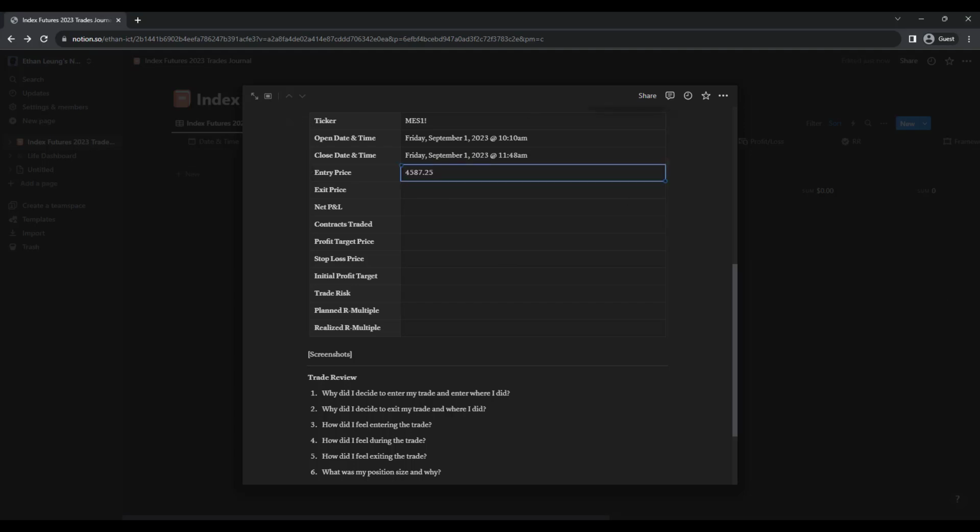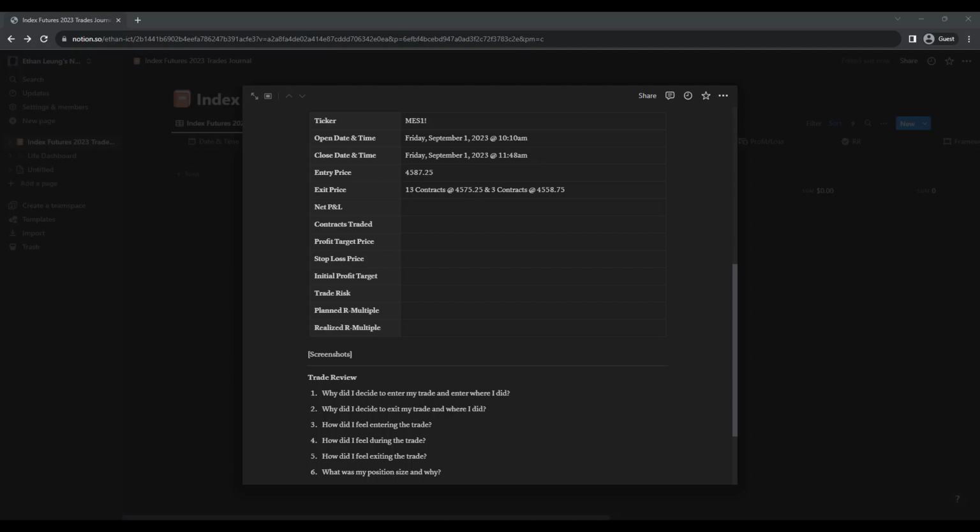You just put your entry price. You want to put your exit price. I have 2 take profit points, so here I just kind of put 13 contracts at this price and 3 contracts at that price. And then you have your net profit and loss. And then you also have total contracts traded,